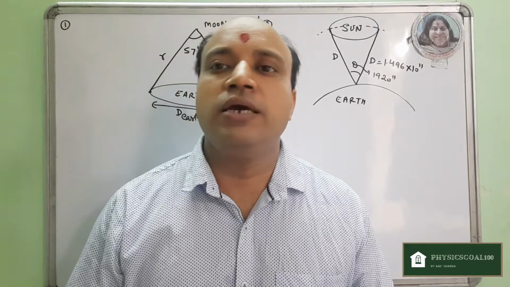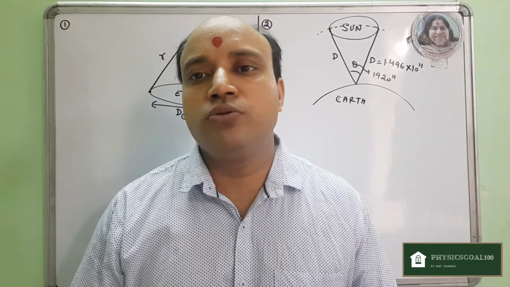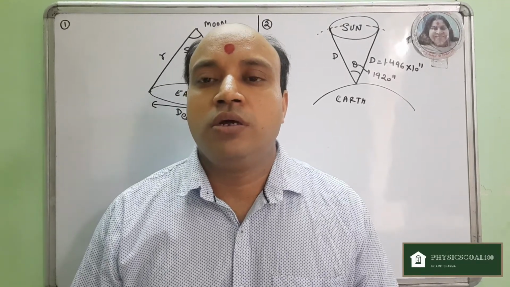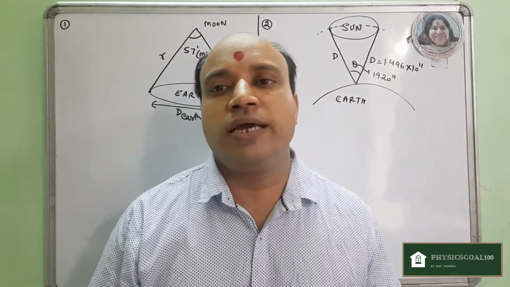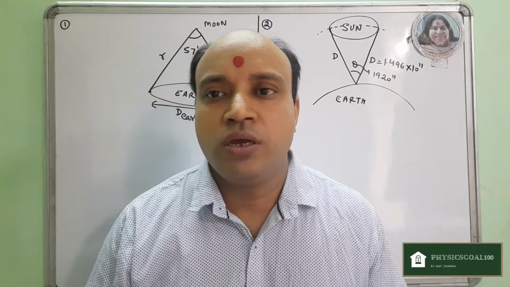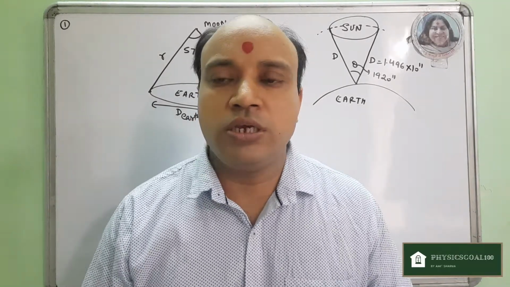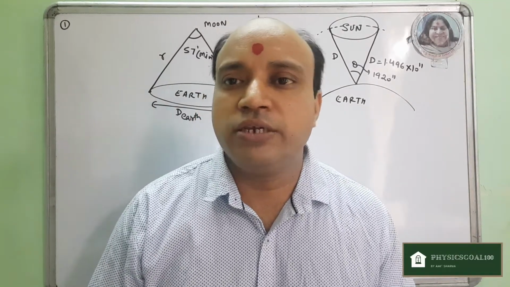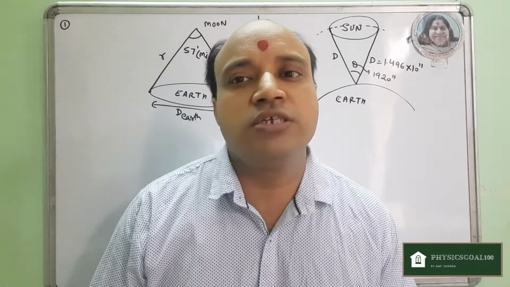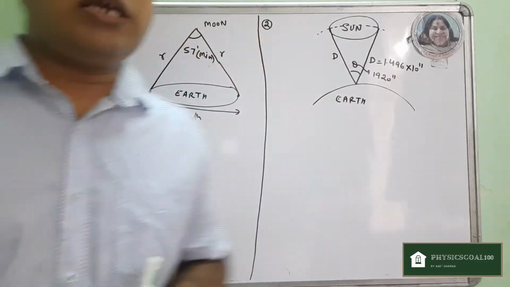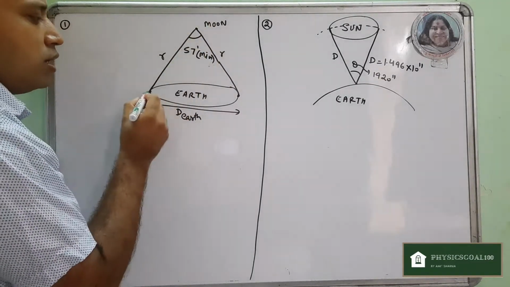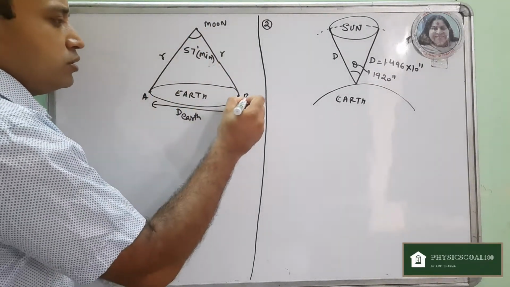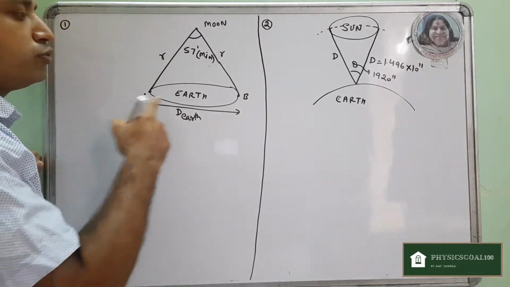सबसे पहला न्यूमेरिकल यह है कि मून अर्थ के दो डायमेट्रिकली अपोजिट पॉइंट्स पर 57 मिनट्स का एंगल सबटेंड करता है और हमें मून की अर्थ के किसी भी एज से डिस्टेंस फाइंड करनी है। जैसे कि आपको दिख रहा है कि मून अर्थ के दो डायमेट्रिकली अपोजिट पॉइंट्स